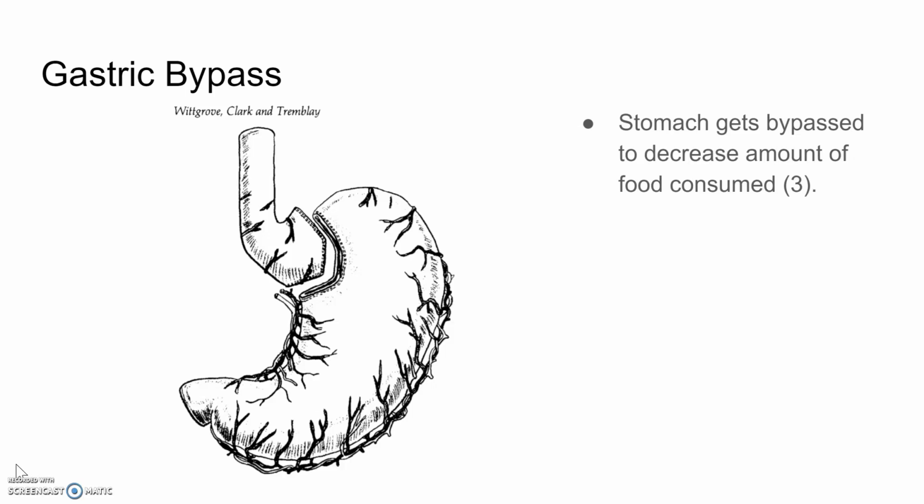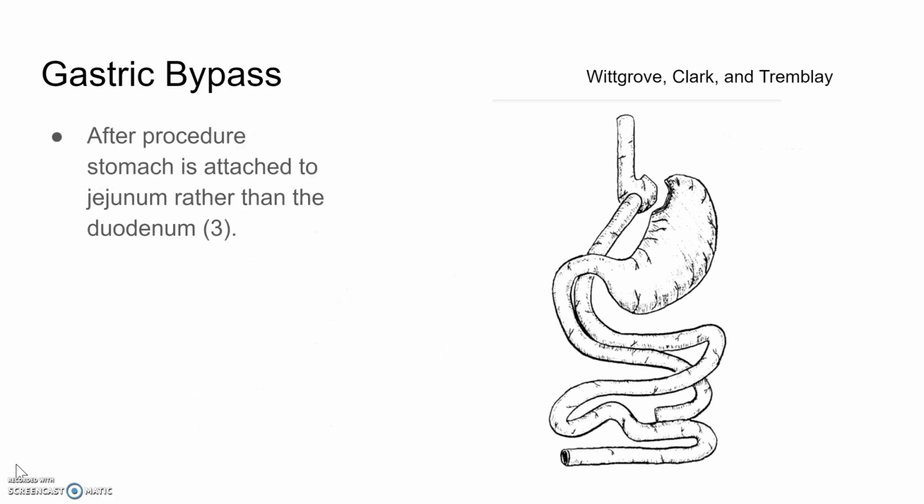In this surgery, the top part of the stomach, otherwise known as the cardiac region, is cut as shown in this drawing. This decrease in stomach size decreases the amount that the patient will be able to consume post-operation. The next part of the surgery is attaching the top part of the stomach that is still attached to the